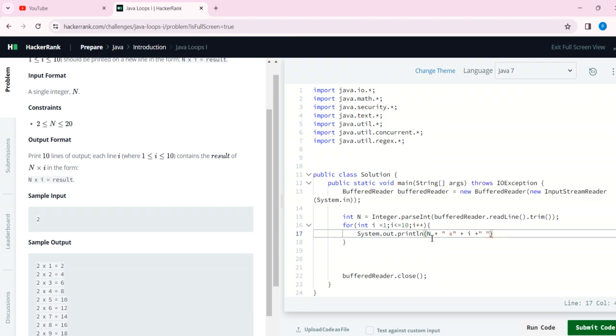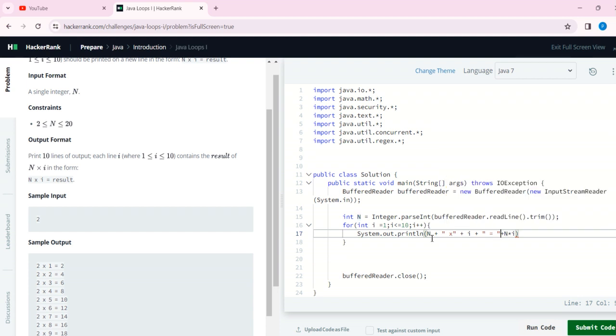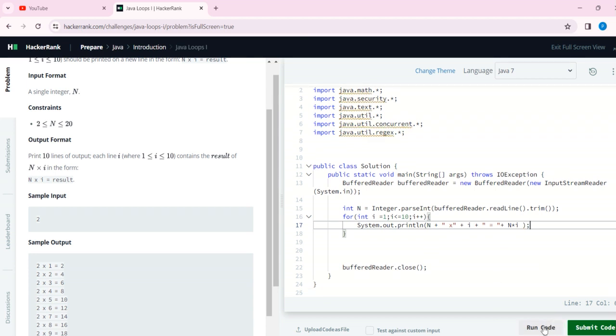Don't miss it. Then we write equal to in the quotes. After that, we write n cross i, which is the value of our table that we want to print. Then the terminator. Now we have to run the code.